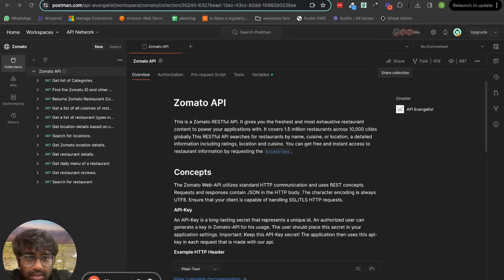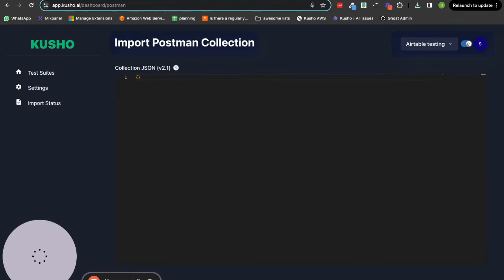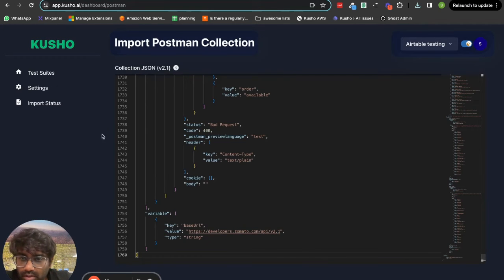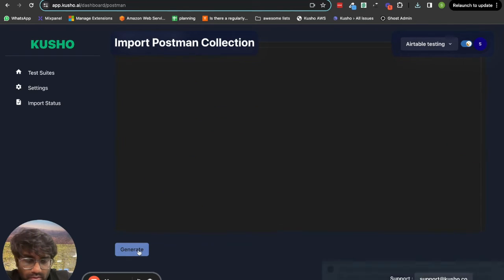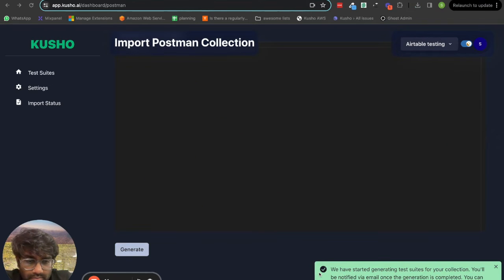Let's copy the contents and paste them here in the editor and click on generate. So the way this works is we generate test feeds for each API which is present in the collection